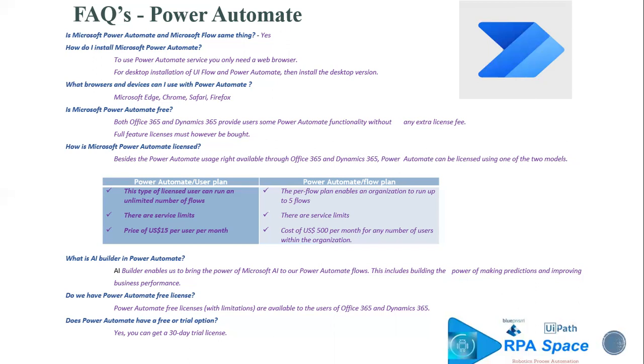Do you have a Power Automate free license? Yes, there are free licenses, but they have limitations, as I already said in point number 4. And you also have a trial version, which is for 30 days. So that's a major FAQ for a beginner trying to explore at the first instance. But you might have a lot of questions around that as well. So this is for generic questions that whoever starts exploring Power Automate might have on their minds, which I'm just trying to summarize here.